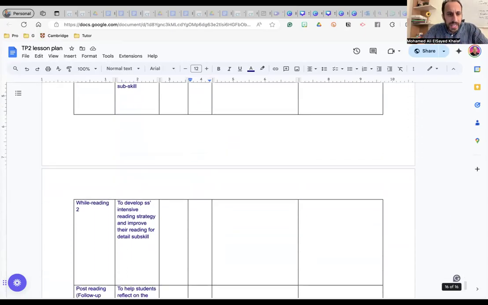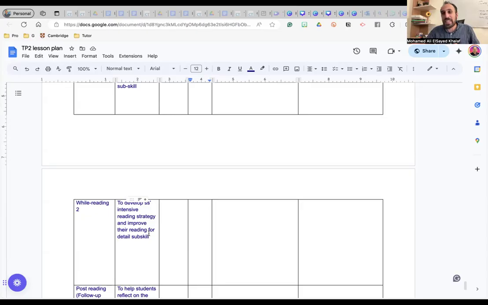Okay, what about the second task? Oh, it was intensive reading and it has 7 questions. How much time do I need to allocate here? 10? No. Let me try and do the task myself. I'll do it myself. Stopwatch. Start reading the questions, answering, reading the text and answering. Oh, it took me 5 or 6 minutes.